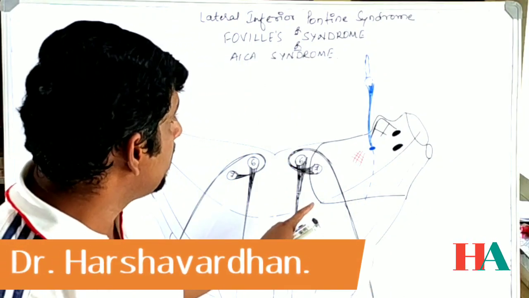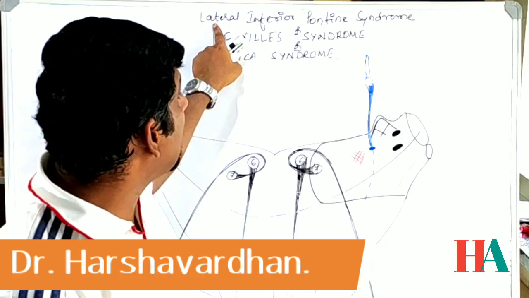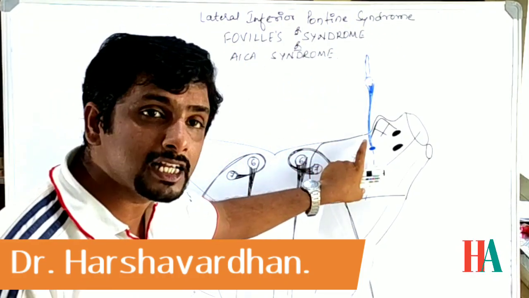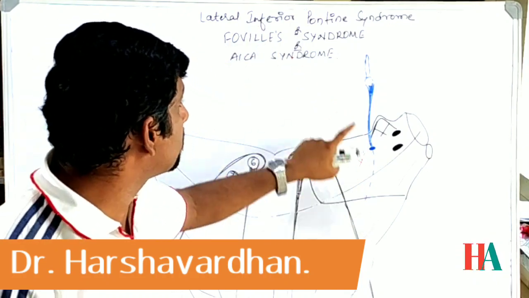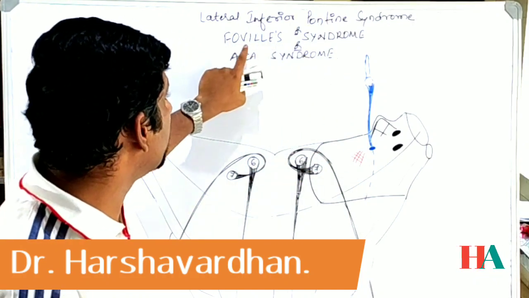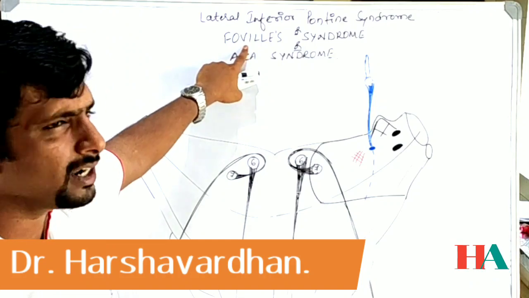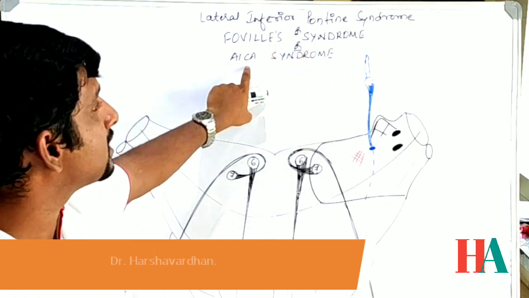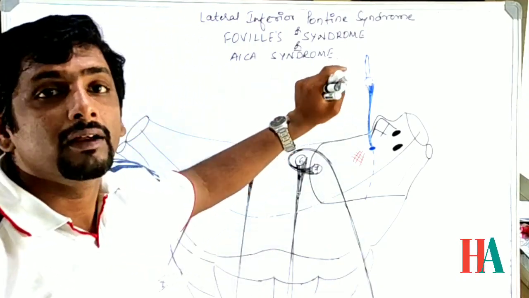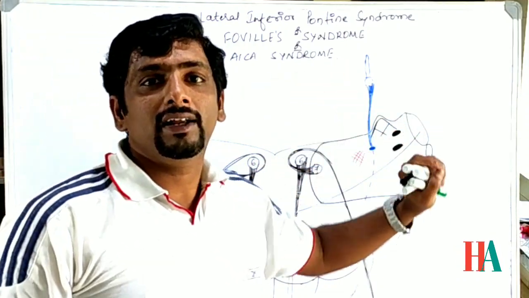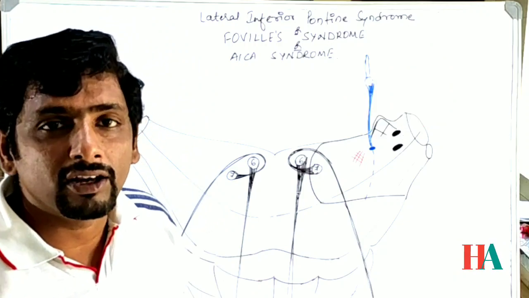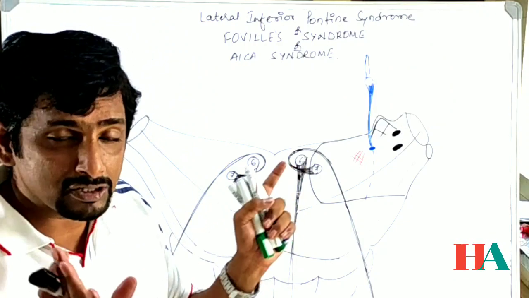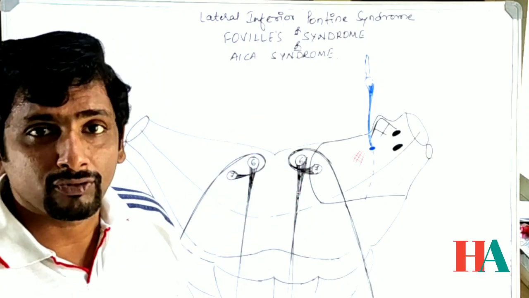Okay, so here this is called lateral inferior pontine syndrome. Lateral means the lateral aspect of the pons, inferior part of the pons, and pontine syndrome. It was first proposed, I think, in the 18th century. It's also called Fowler's syndrome, or the AICA syndrome. Mainly the involved artery is the anterior inferior cerebellar artery. You remember in the blood supply, AICA is going to supply the lower lateral aspect of the pons.